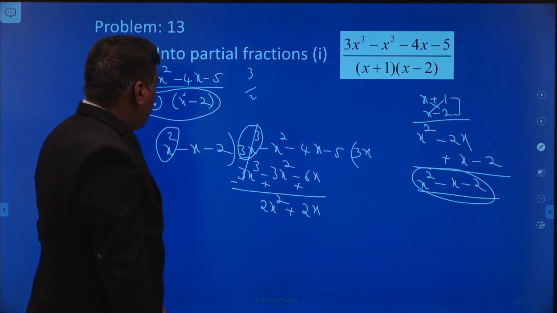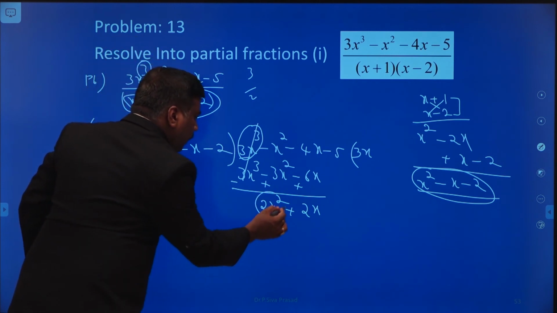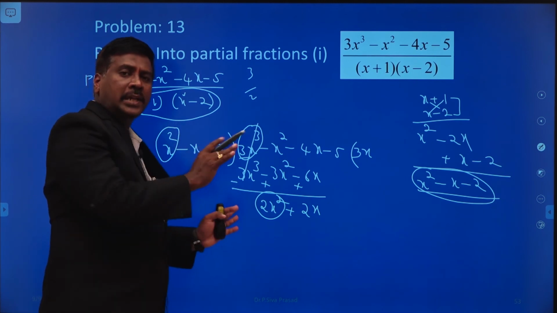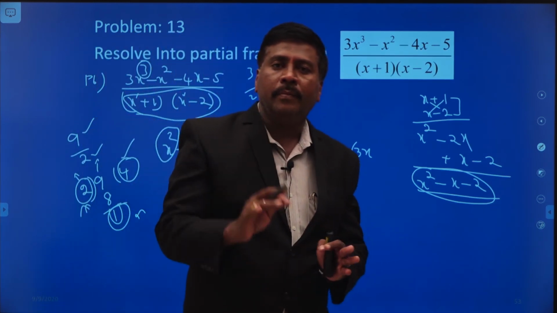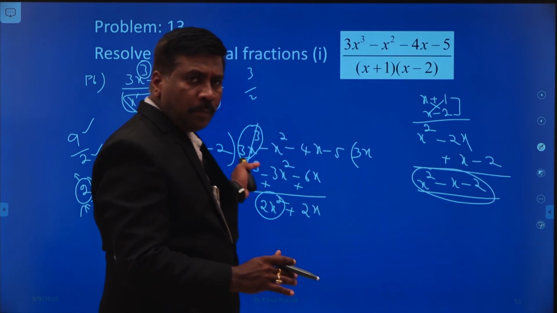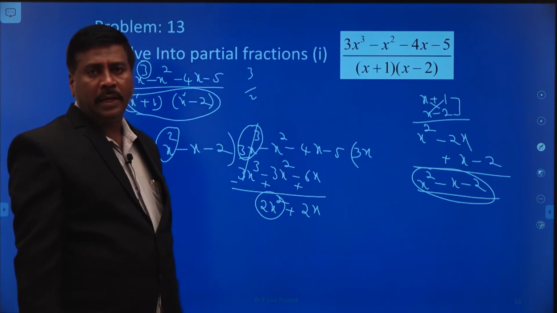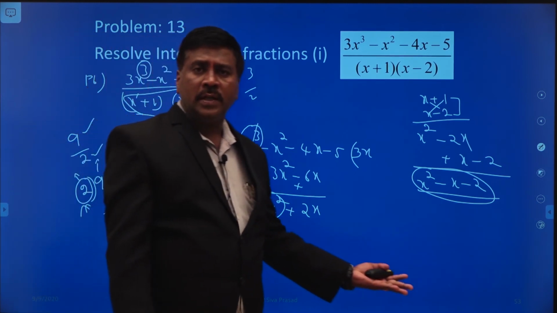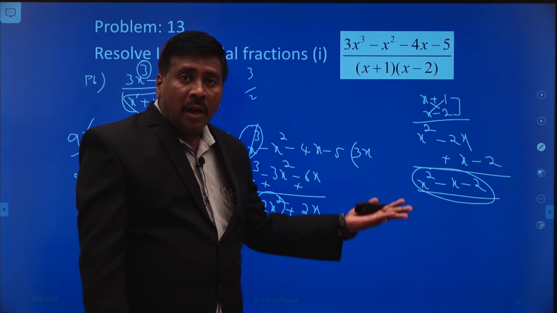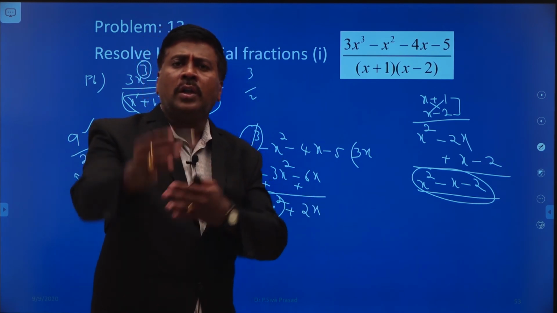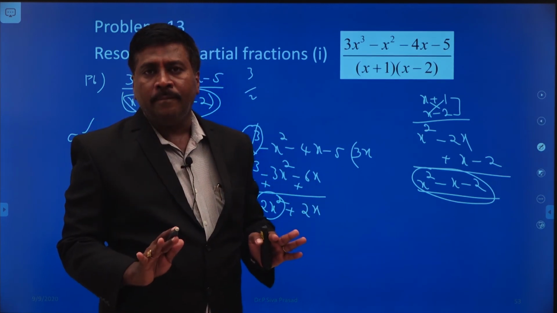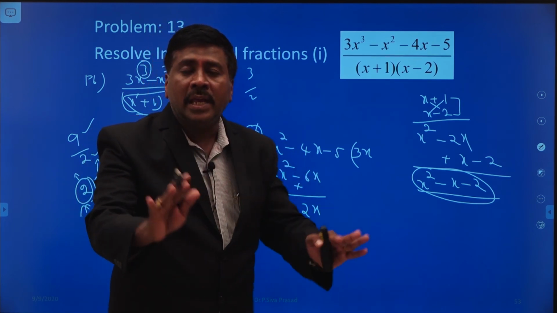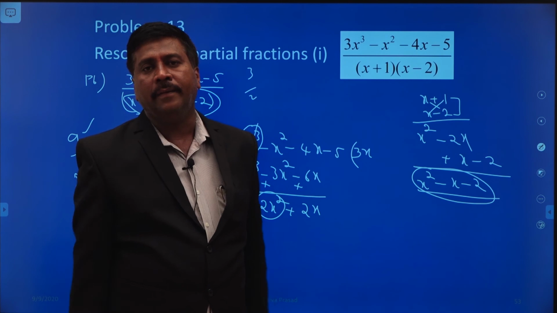Now, our intention is, here the coefficient of x square is 2, highest power, and here also 2. That means in the fraction we got, the powers are the same. But we cannot yet change this improper fraction to a proper one. Again, you have to do the synthetic method. Now, when do you have to stop the process? After the improper fraction is totally converted into a proper fraction. That means the power of the numerator is less than that of the denominator. At that stage, we have to stop the process of synthetic division.